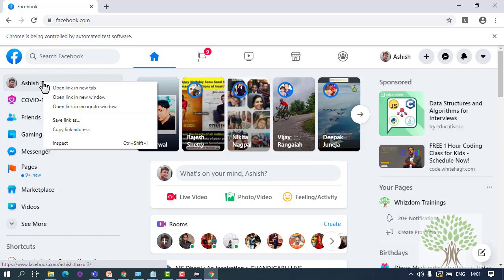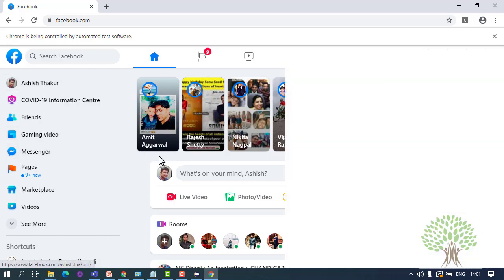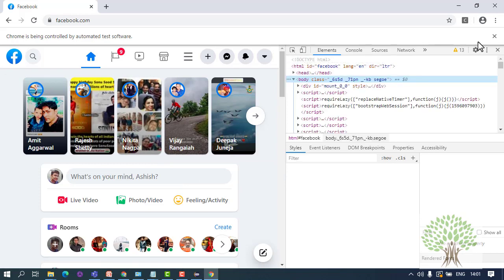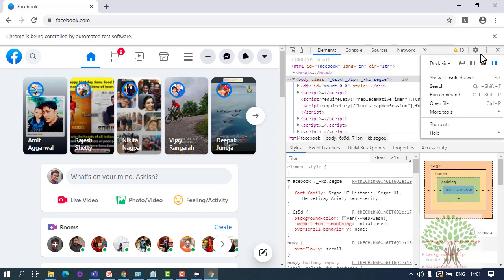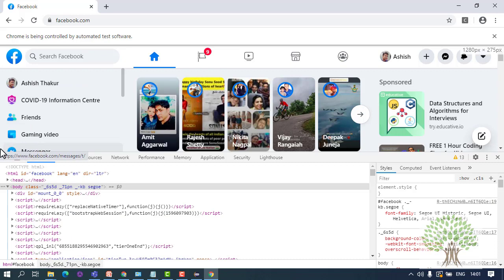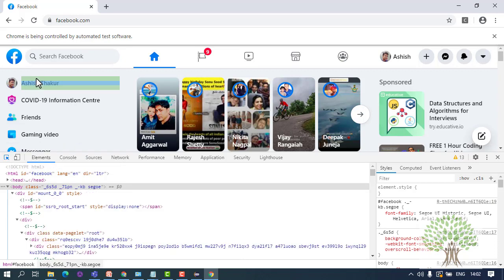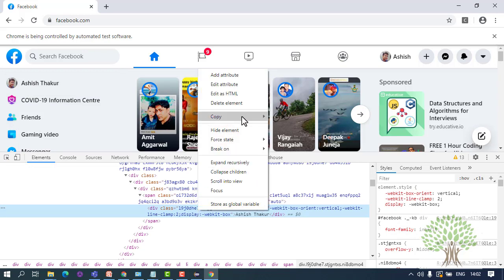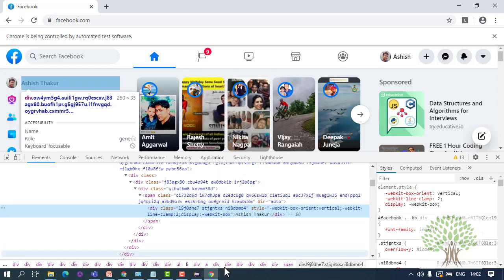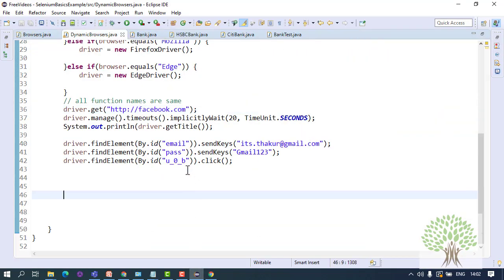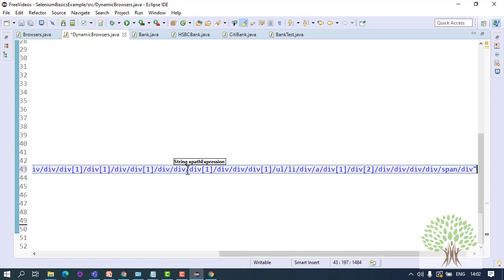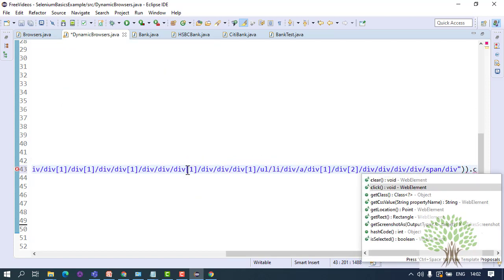Okay, so you inspect this link, you see this is the division. You copy the XPath for this link and you can simply write driver.find element by the XPath of this link dot click.